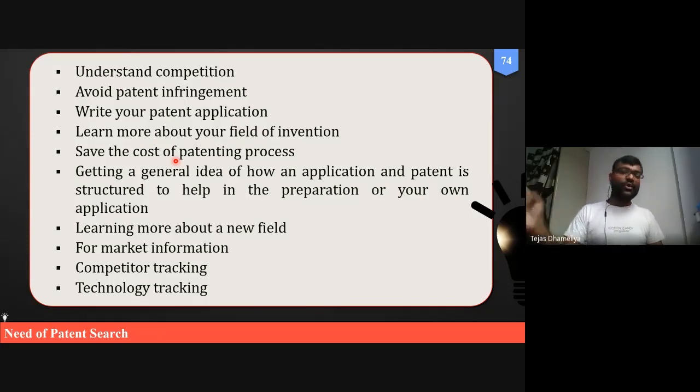Otherwise, if we don't delete those claims, we will not be granted the patent, because the patent examiner is the supreme authority to grant the filed patents. So that's why we need to focus on prior art search so that we can save the cost of the patent process as well, right?